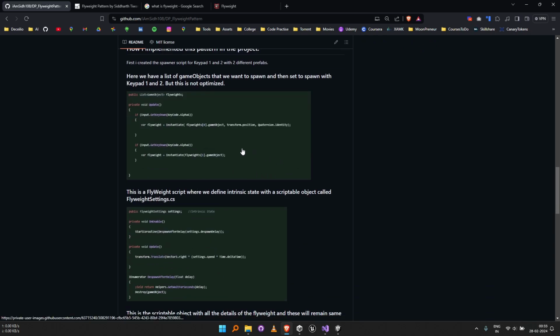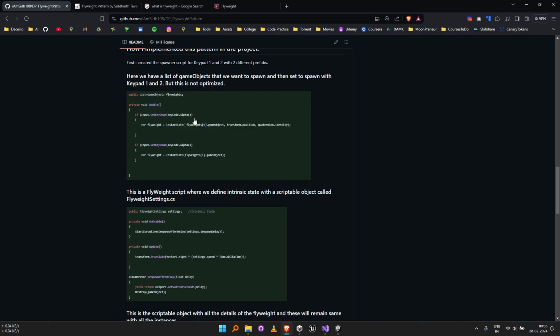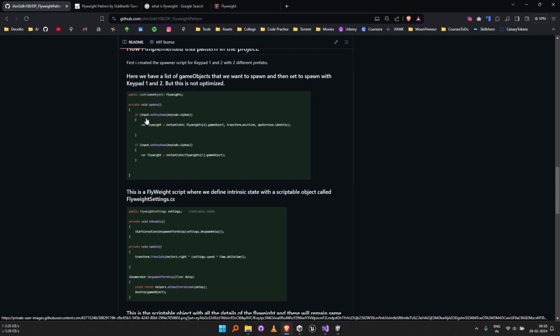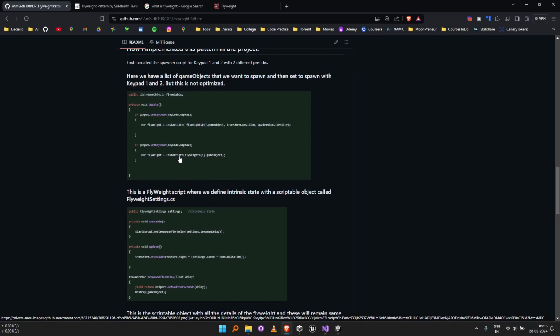So I'll explain what I did first. When we normally want to instantiate, we just instantiate the flyweight and set its position and identity quaternion, and that's it. But then it is not efficient and it takes a lot of memory, as each object is